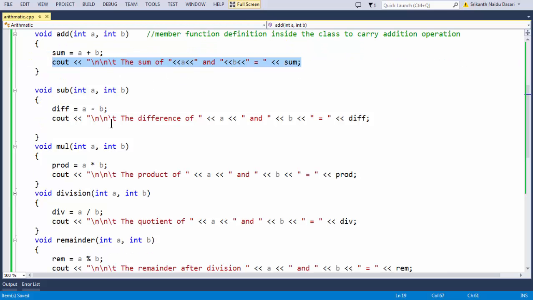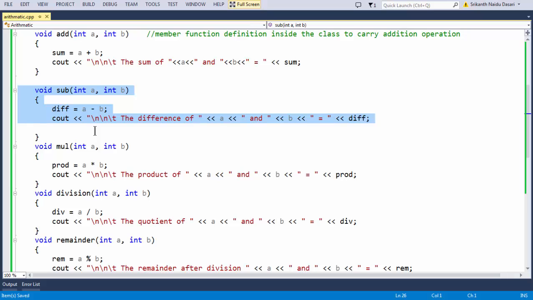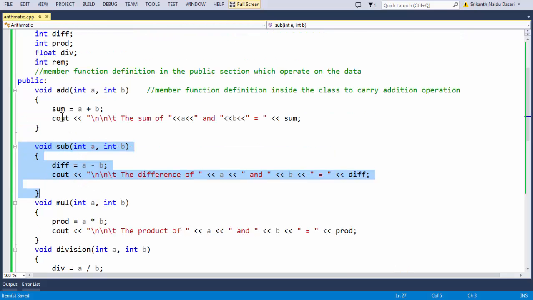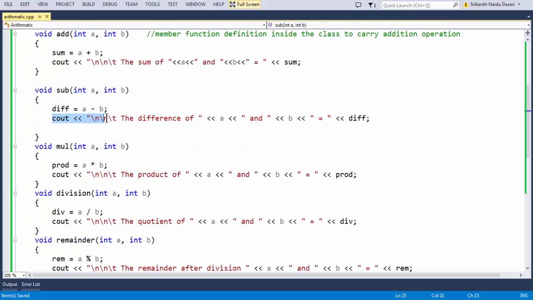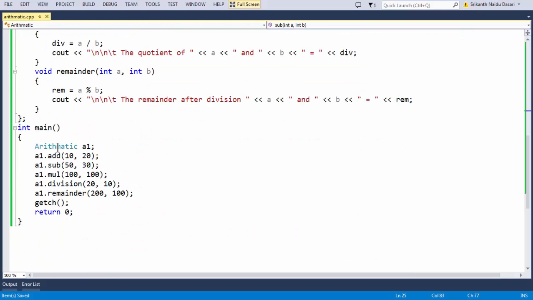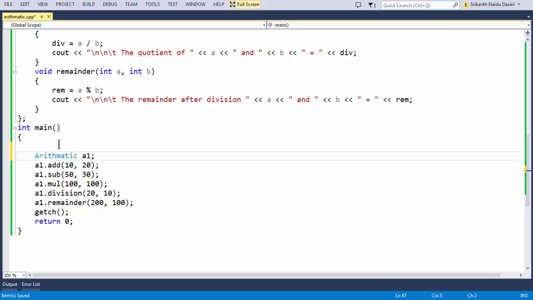And just output the result using the cout statement here. In the same way, all the subsequent methods hold the data coming from the main function, calculate the particular arithmetic operation, and store the result in our data members like difference, sum, product, and div. And using the cout statement, we are just outputting the data here. So here in the main, let's write a comment here,